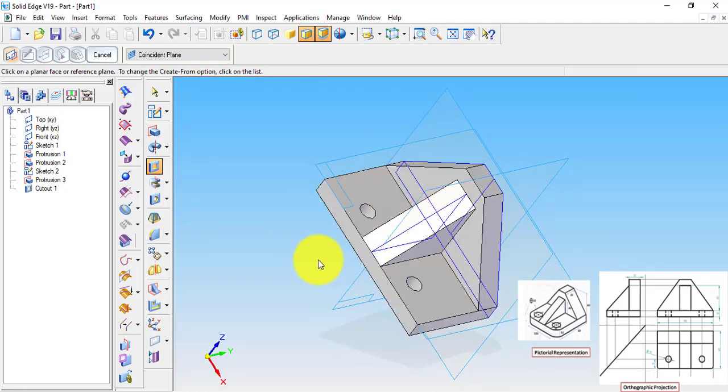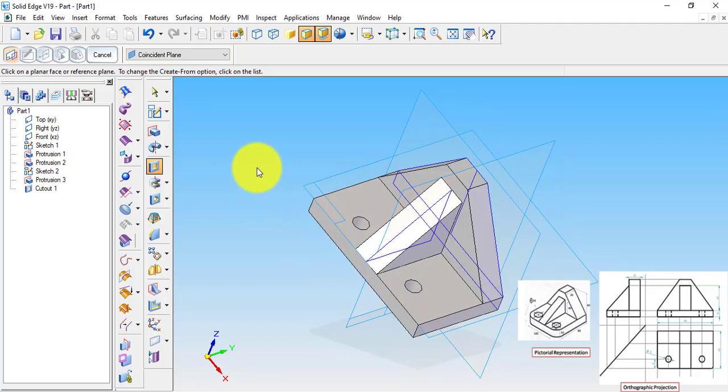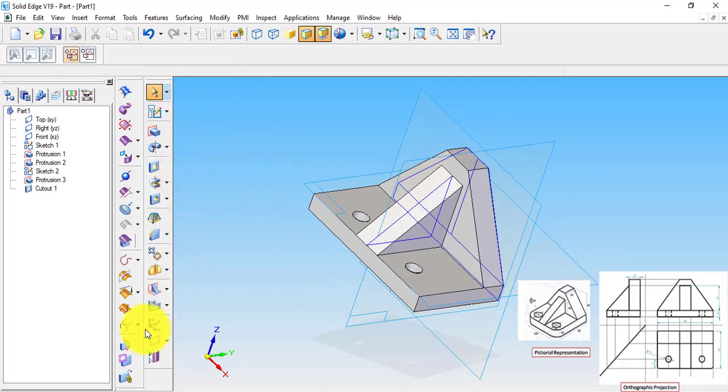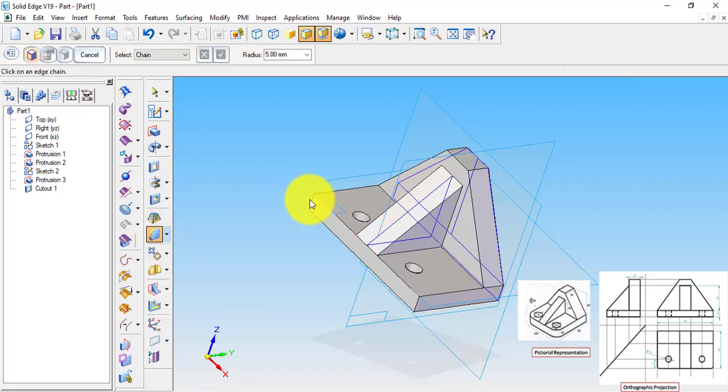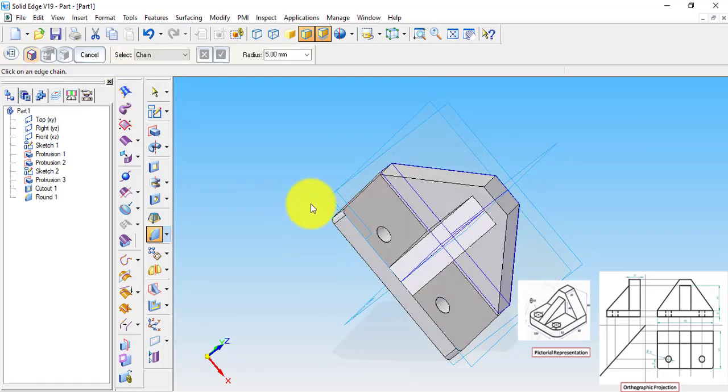So our drawings are getting completed, and now the remaining part is the fillet. The fillet can be done using the command called round in this section. Now we need to specify the fillet radius. If any fillet radius is not mentioned, we can go for a 3 mm fillet. On this side also the 3 mm fillet, and preview. Now finish. So I think our object has been completed.